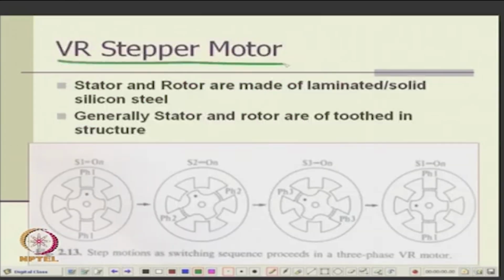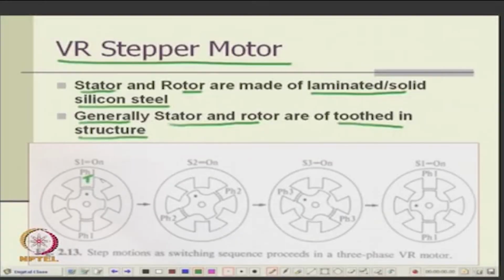Now, this is the variable reluctance stepper motor. Here the stator and rotor are of laminated or solid silicon steel, both stator and rotor. Okay. And generally stator and rotor are of tooth structure, both have teeth. Tooth means it will have a slot also, you can't have only tooth or only slot, can you? So, you require tooth as well as slot, right. So, you have the tooth here, you have a slot here,